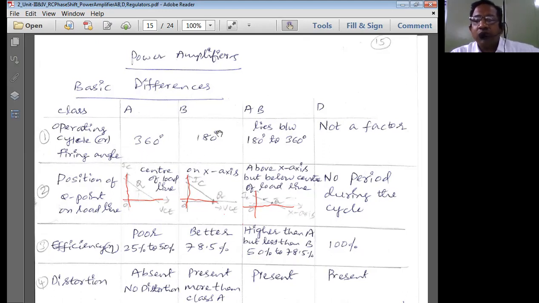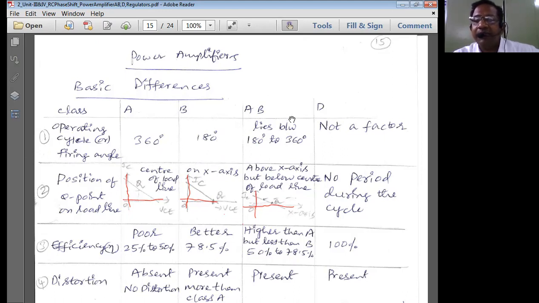If the firing angle is 180 degrees, what does it mean? The transistor will be conducting only for 180 degrees of the input cycle. That means 0 to 180 degrees. This is 0 to 360 degrees. If the circuit allows the current for 180 degrees of the input cycle, then